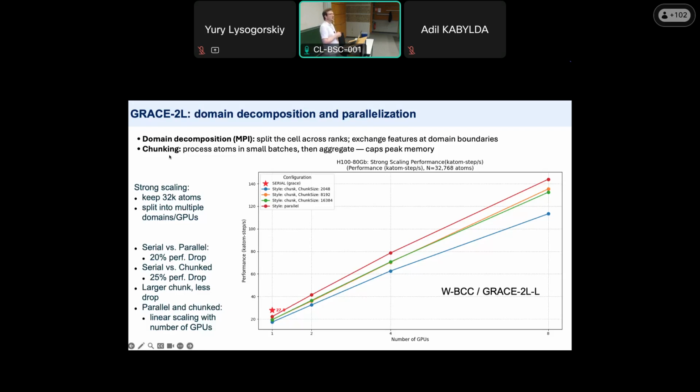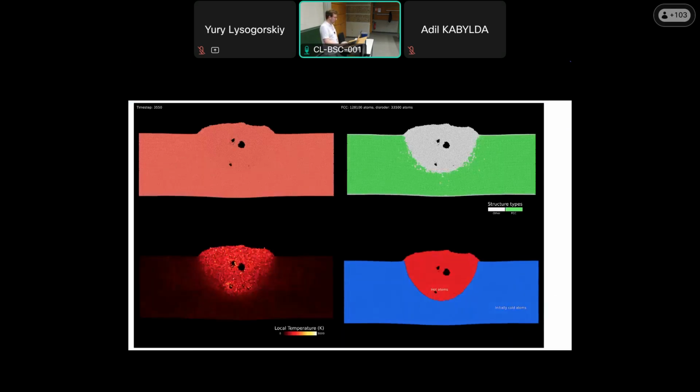where we can consider the system not as one big bulk of atoms, but we can also internally split it into subsystems and evaluate even on one GPU. This removes the out-of-memory kind of cap for using this model. You can see a quasi-linear dependence. Of course, it's sublinear, because we cannot have ideal parallelization on such types of models because of the feature communication, but it still allows us to do simulations like this.